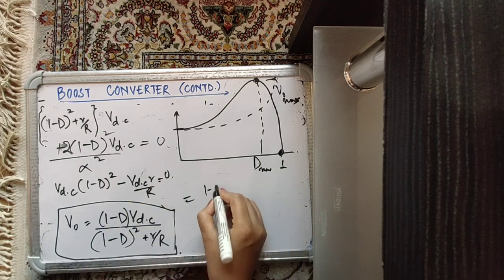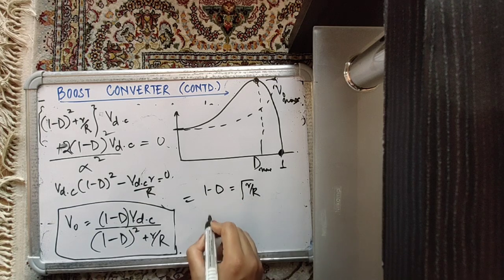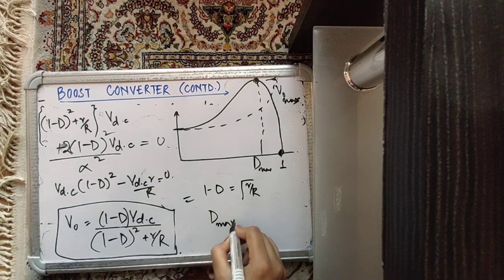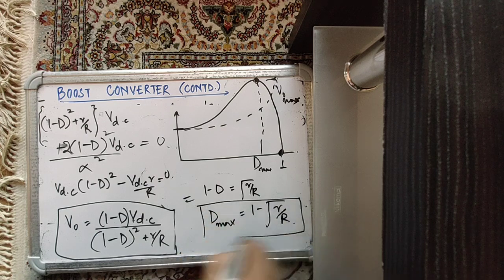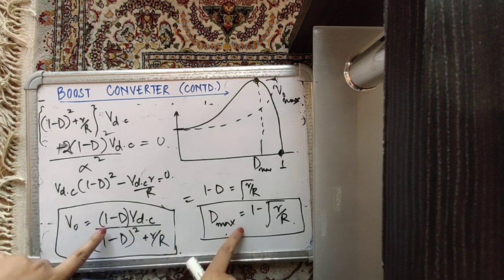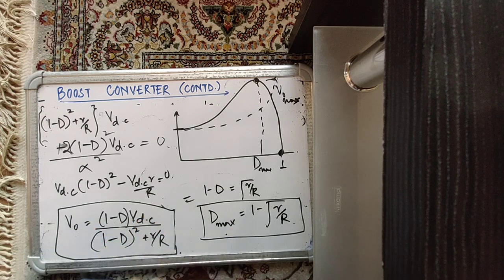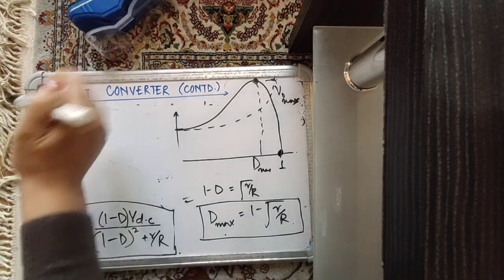So you have 1 minus D is equal to under root of r by R. So duty ratio max is equal to 1 minus under root of r by R. At this particular duty ratio, your converter will give you the maximum output voltage. And what will be that maximum output voltage? Substitute D max over here. You will get V naught max